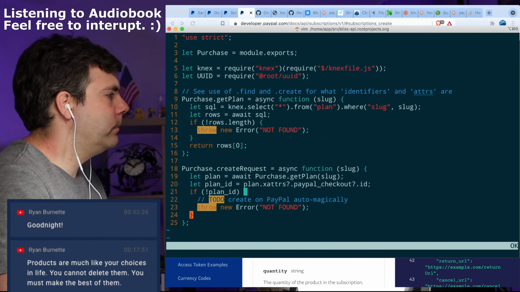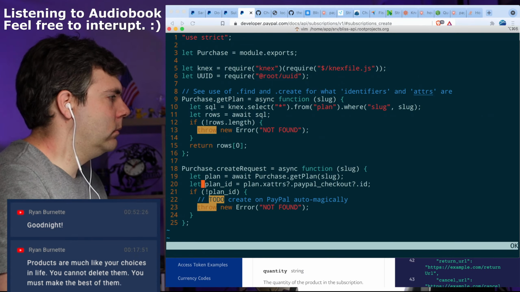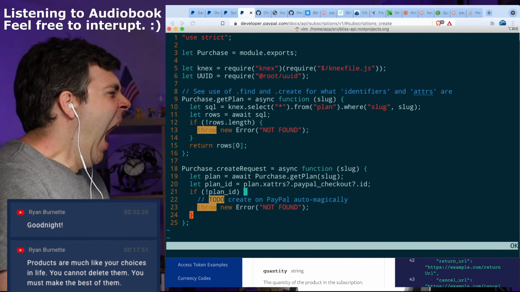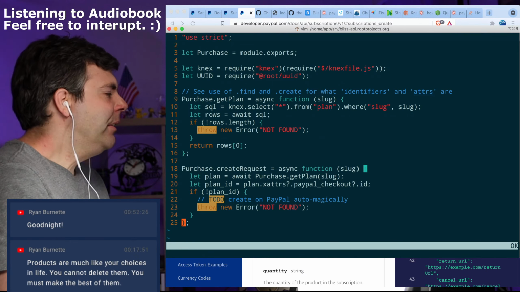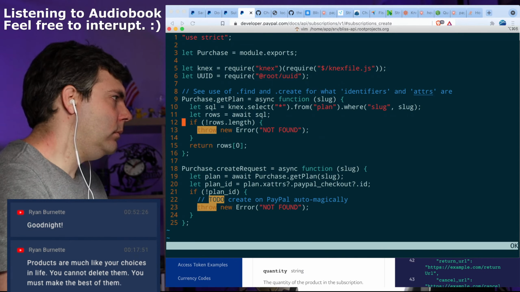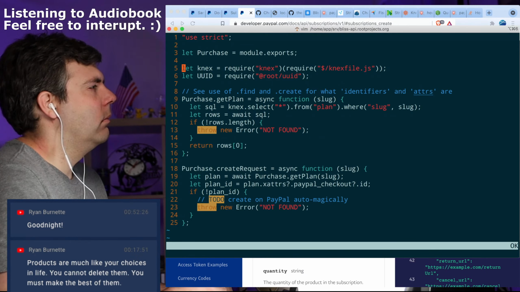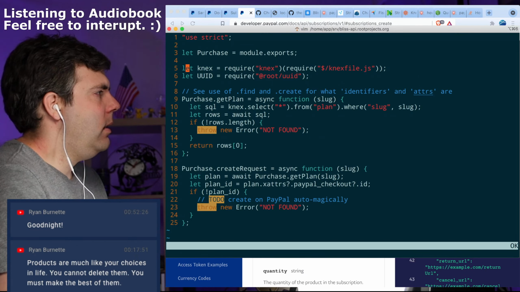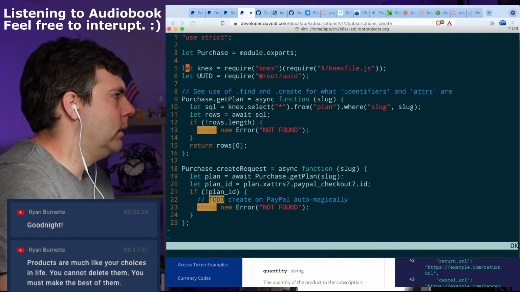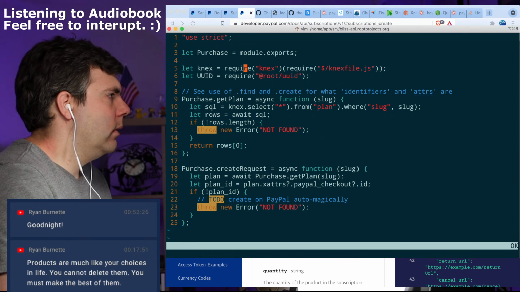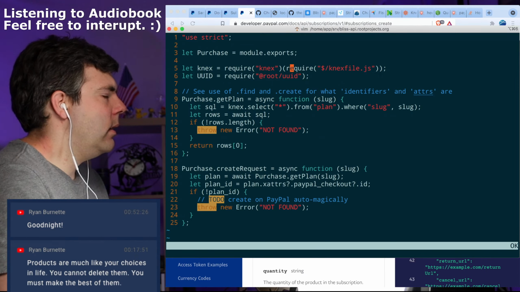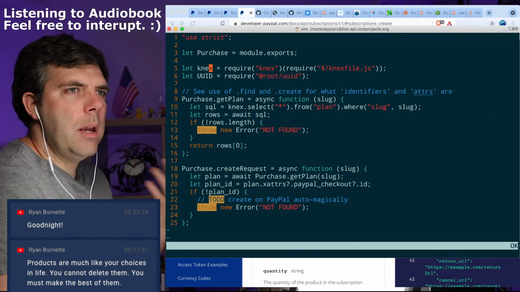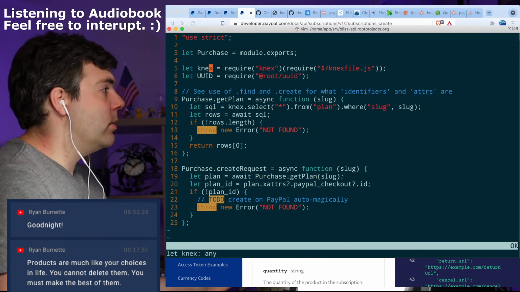Okay. And then I kind of think the initialized PayPal checkout ought to be something that can just float around.